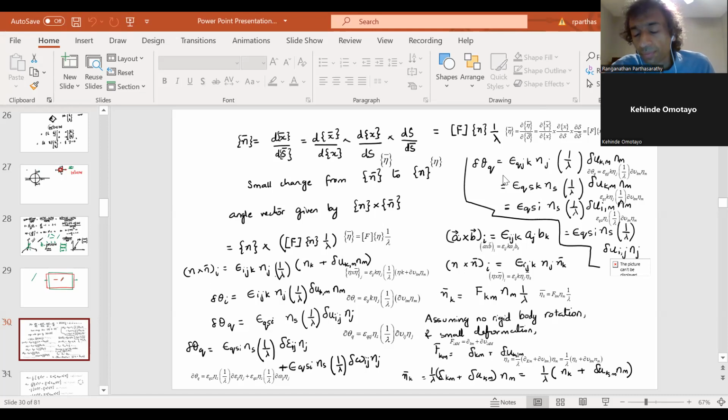Now you remember that if you have two line segments, change in angle between them is nothing but shear strain, right? You remember this, right? So if you have two line segments,